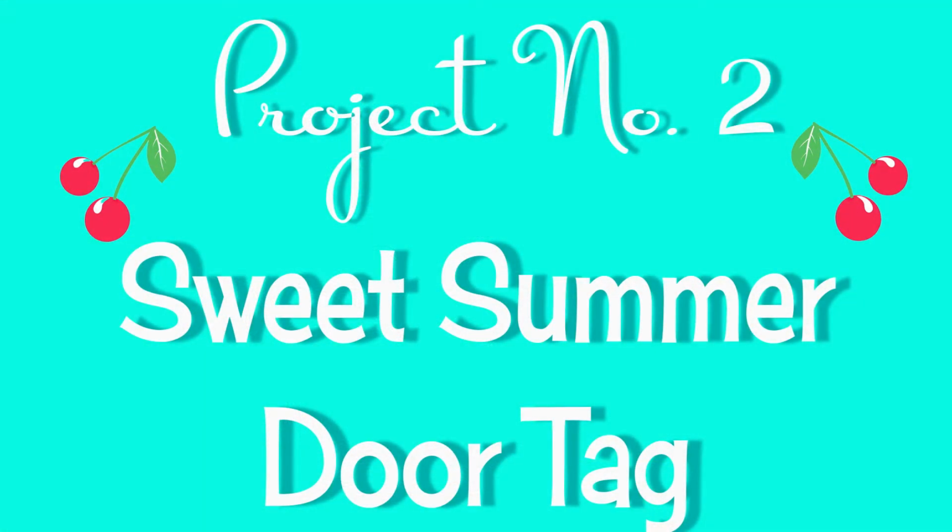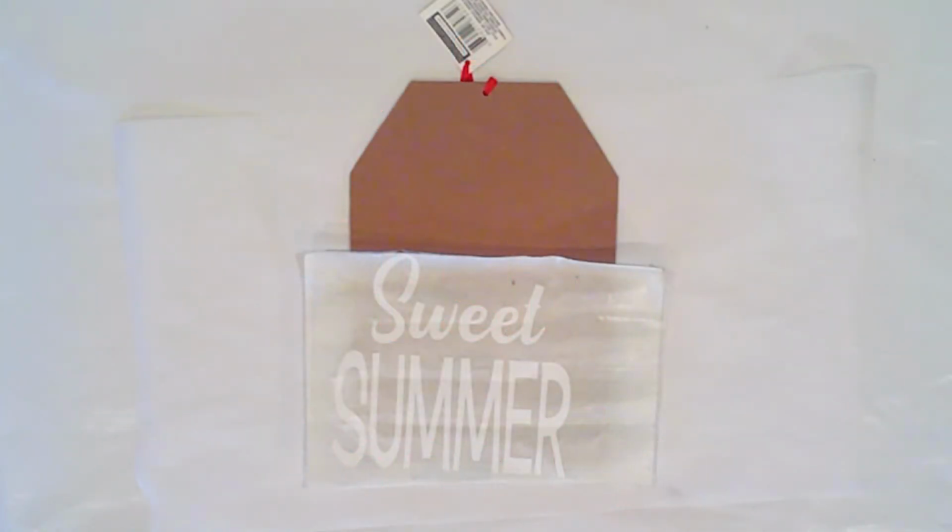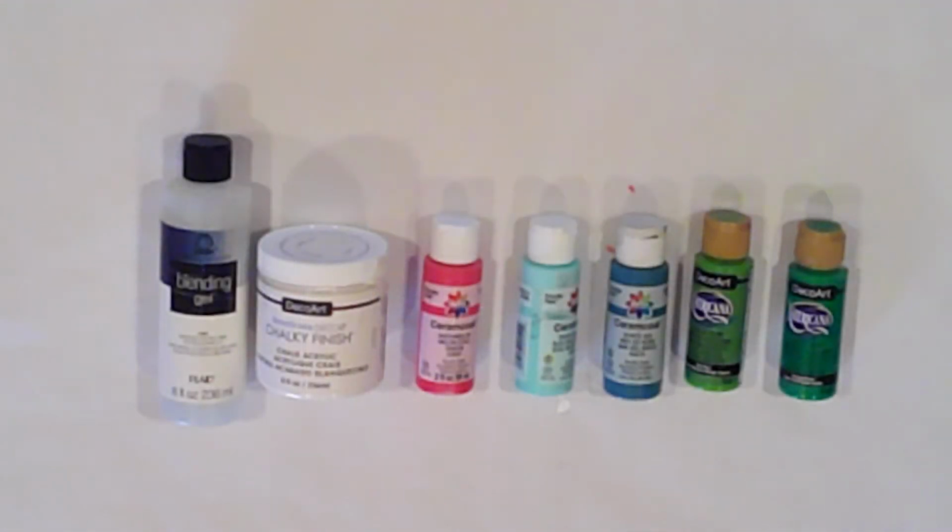Project 2 is the Sweet Summer door tag. I'll be using a Dollar Tree tag plaque that I've had in my stash since Christmas, vinyl lettering I cut with my Silhouette, folk art blending gel,